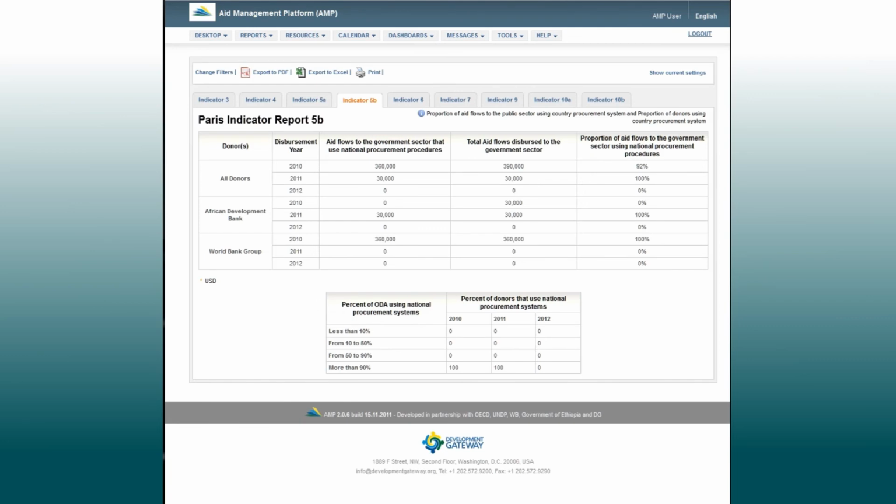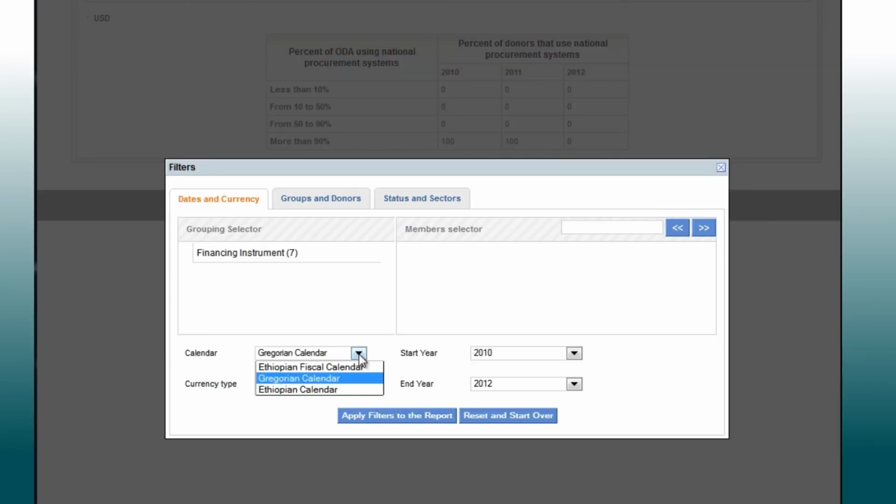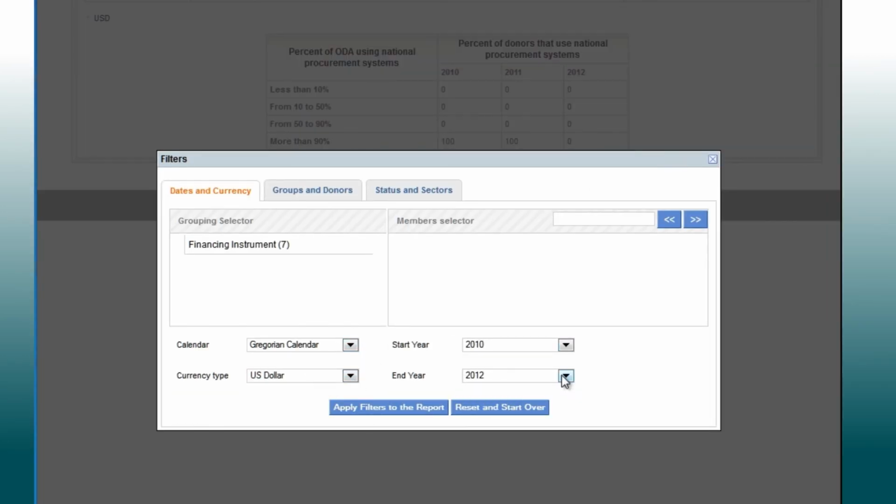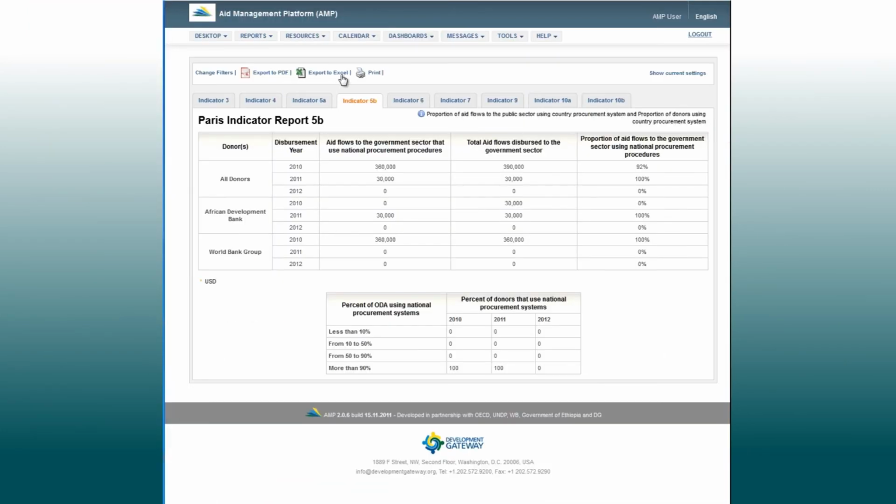Indicator reports. You can filter the results by start year, end year, calendar type, currency, donor, status, and other criteria. Reports can then be created in PDF or Excel